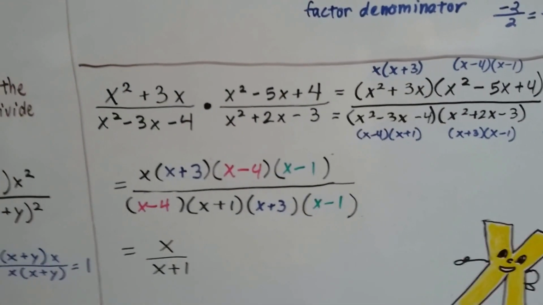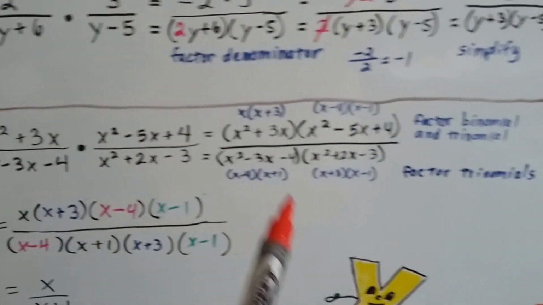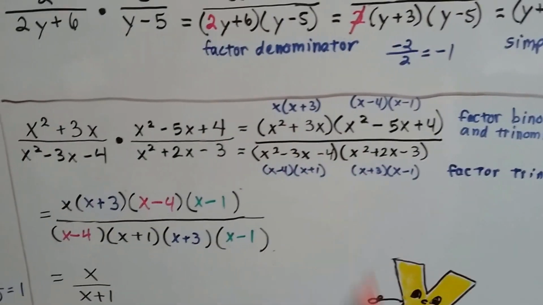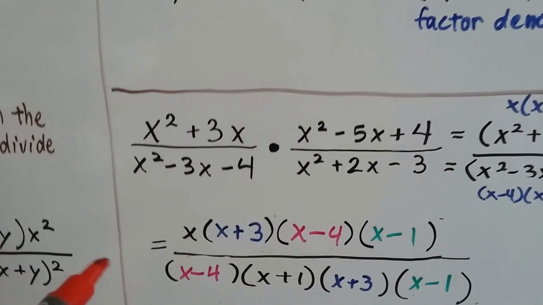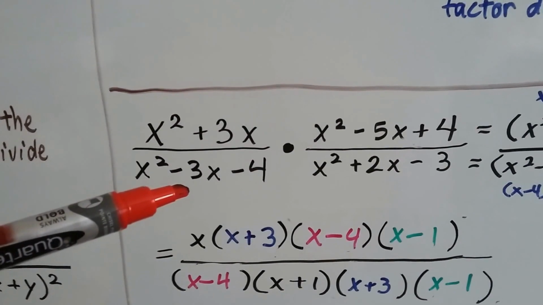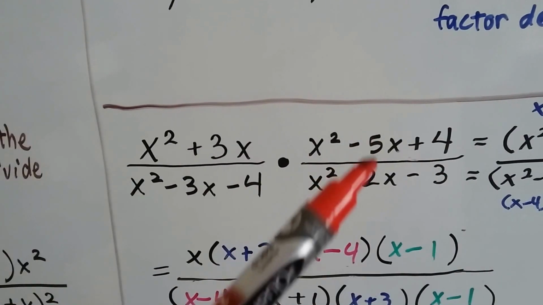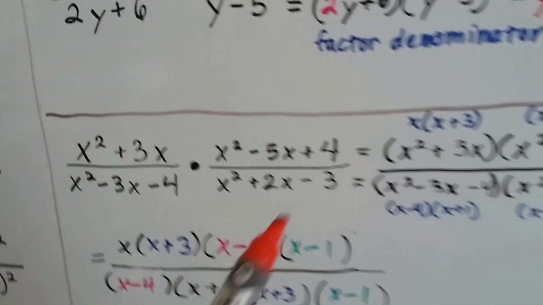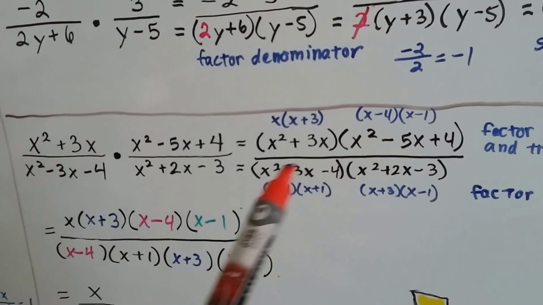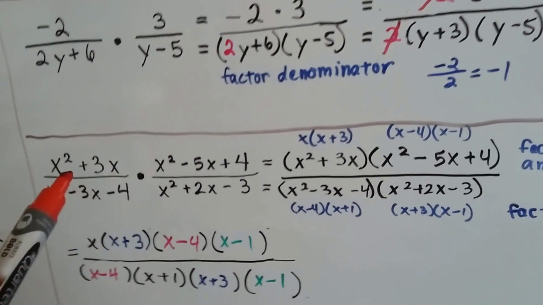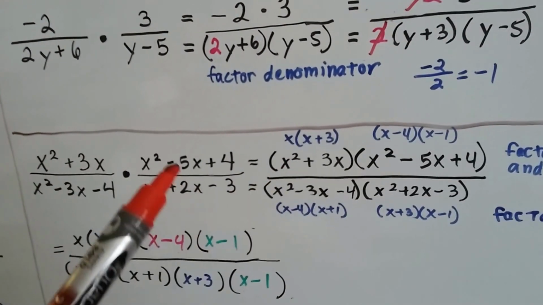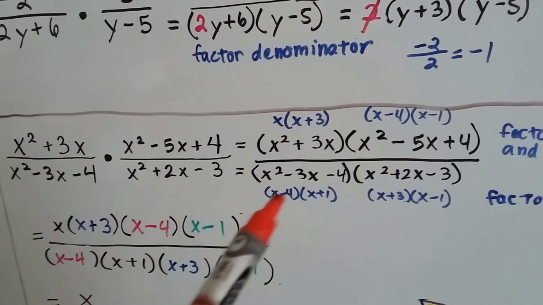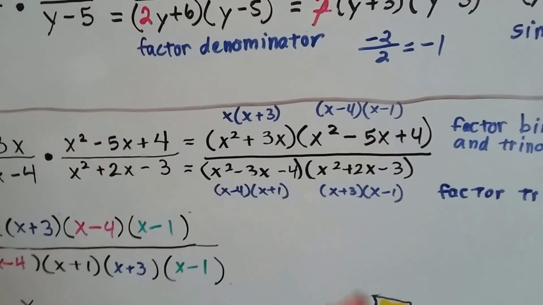All right, here's our last one, and it's kind of a long one. So if you don't remember factoring binomials and trinomials, this is why I was saying it's going to be hard, because we got a lot of them here, all right? So here was the problem. We had a binomial on top of a trinomial times a trinomial on top of a trinomial, and they all need to be factored. So we draw one long fraction bar, okay? And we write this in parentheses and put it here, and this in parentheses and put it here. We write this one in parentheses and this one in parentheses as the denominator,